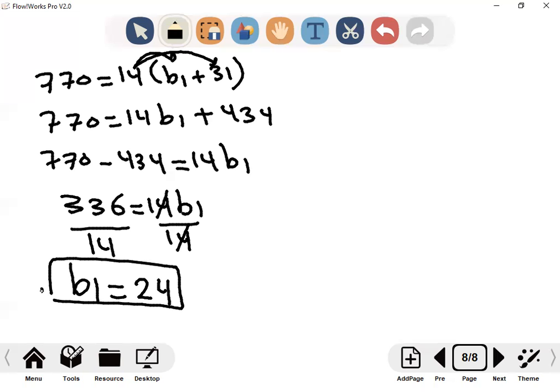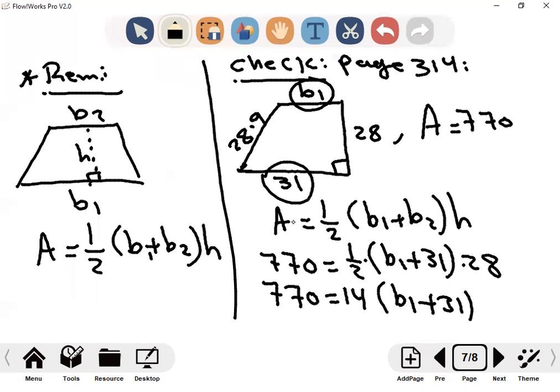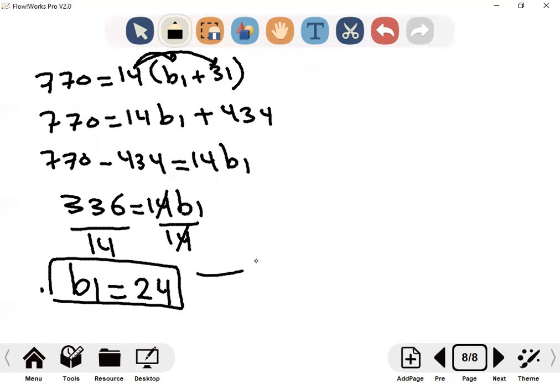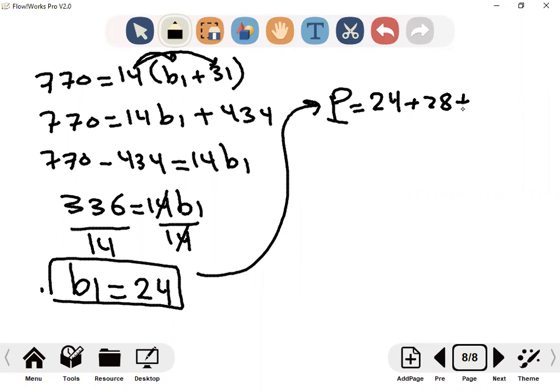Now I will go back to my graph. I know B1, and I know the three other sides. So can I find the perimeter? I need to add the four sides to find the perimeter. So the perimeter equals, now that we found B1, 24 plus 28 plus 31 plus